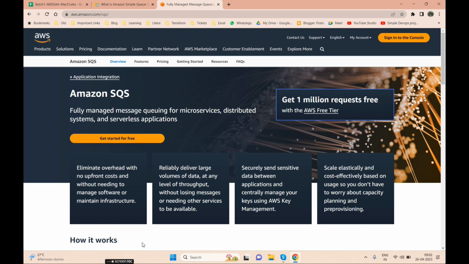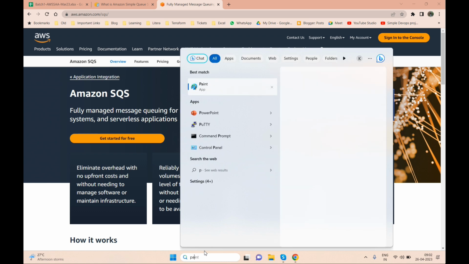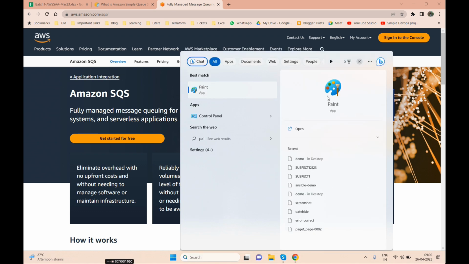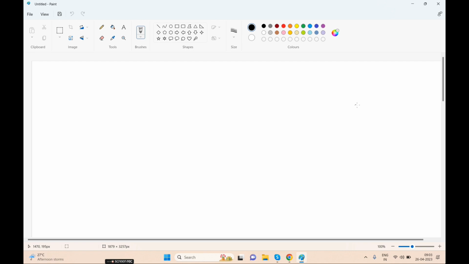Not exactly. I know we did one service called SNS. It's an outbound service. SQS is kind of a similar thing, right? No. The purpose of both services is different. Just the acronym is similar, SQS and SNS. It does not mean that both are the same. Both are doing different tasks.